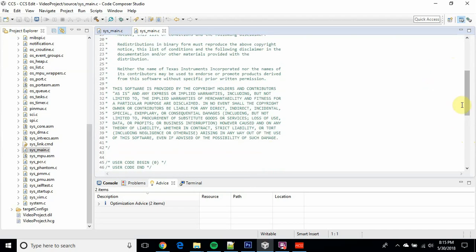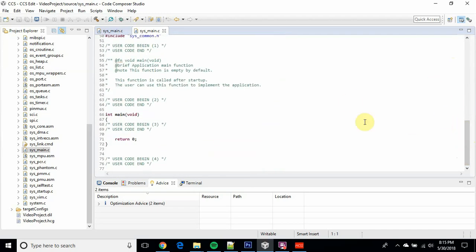A lot of comments, things like that, but all we really care about here are our hash includes, and it's given us a main function, as you can see here. So here's our baseline framework, totally bare bones, completely empty code that we can now put our own information in to start working. So with the task at hand today, which is flashing the GIO,